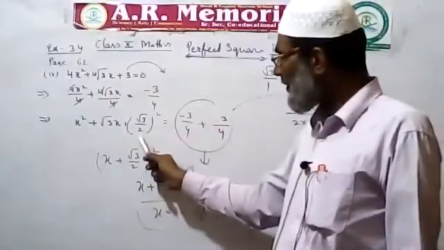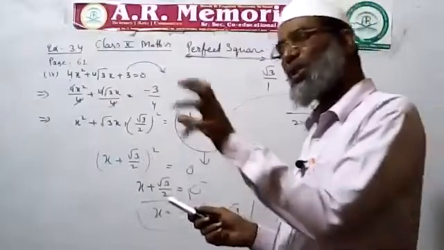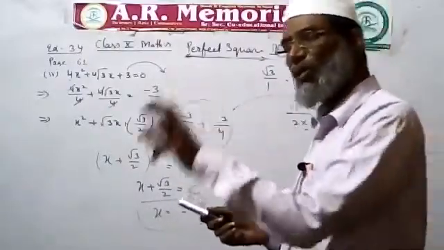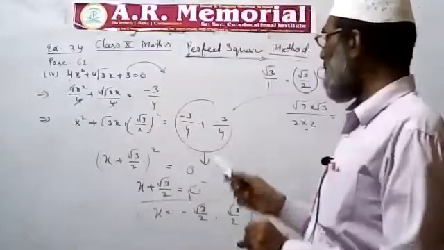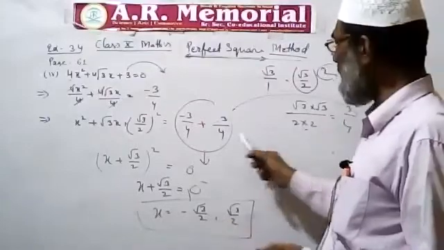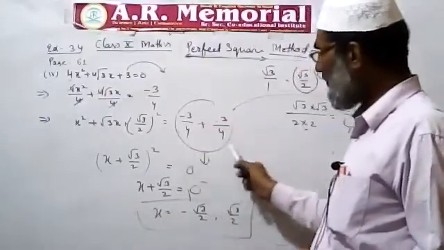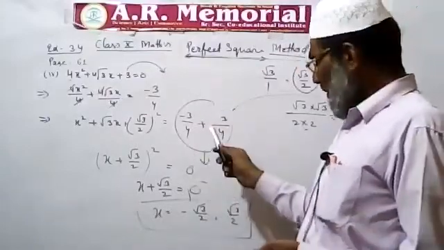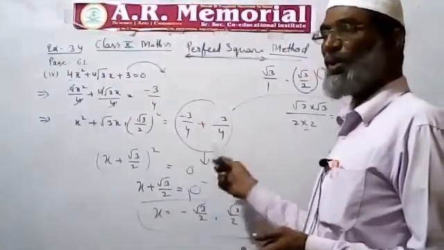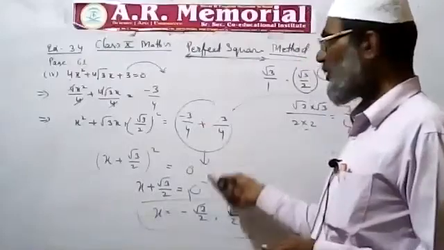On this side, I will put it in the form of a square, but on this side, I will write the normal form of arithmetic. So solving this, root 3 into root 3 is 3, and 2 into 2 is 4. If you add them, the mathematical values are the same and the signs are not the same, so we will get 0.